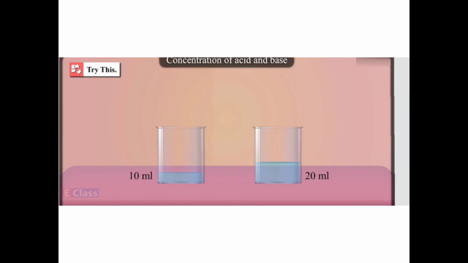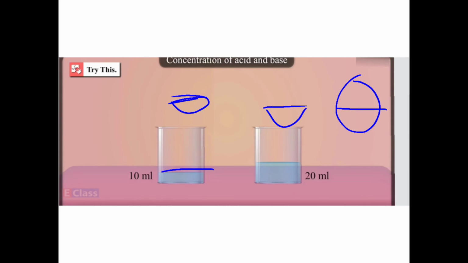Now in front of you there are 2 beakers. Now I am taking one lemon. I am cutting it into 2 parts. Say one part I add to this beaker and one part of lemon juice I add to the other. Both are equal parts. But now what I did, I took 10 ml of water in beaker number A and in beaker number B I took 20 ml of water.